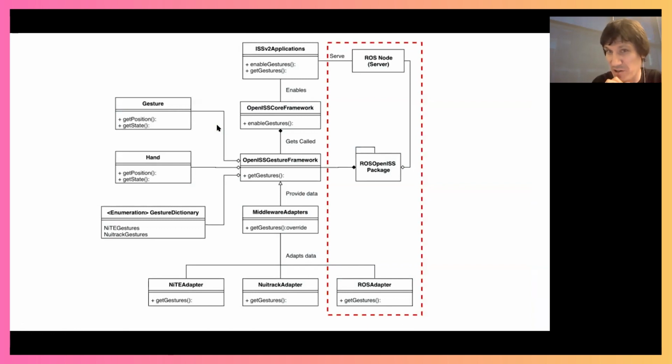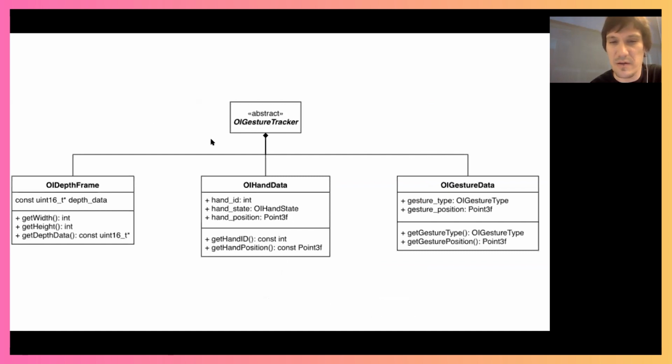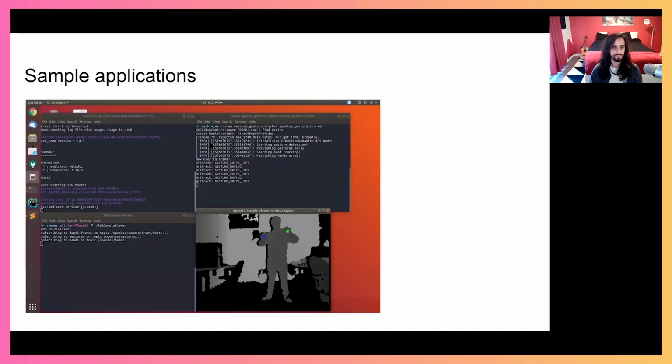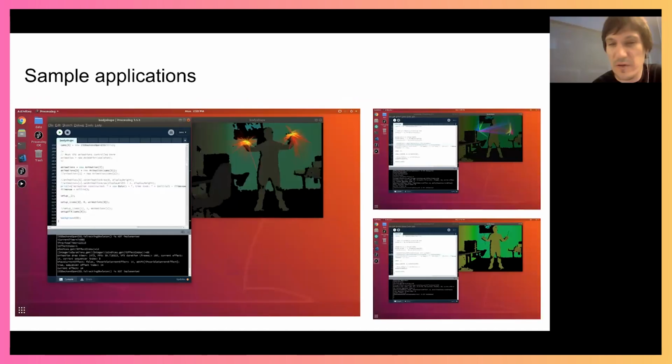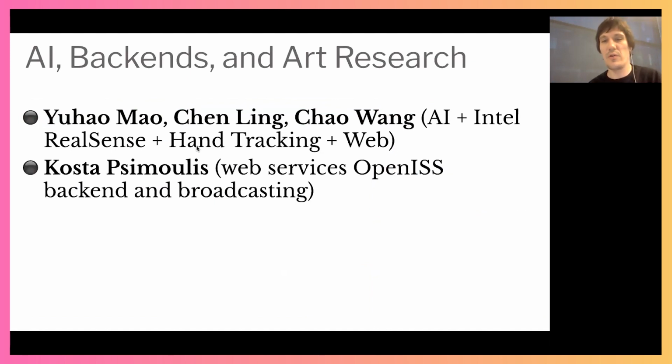There is some engineering part to it as well. If you especially want to deploy it in the context of a network, we use ROS to deliver the data and different gesture tracking information. Some of the applications that we do are with visual effects, graphics, and artistic applications such as installations and others. That's why we had a number of students doing it.